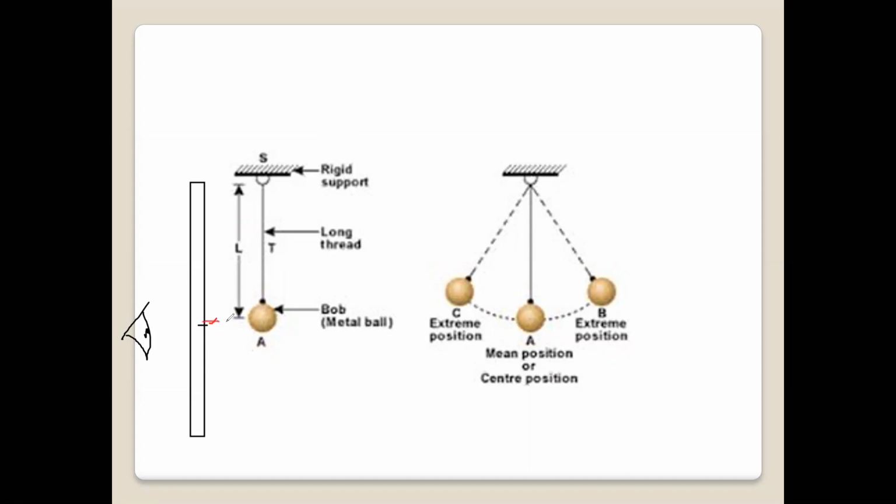To locate where the actual center of the bob is. By this way you can identify the region where the center is, so you will have a more accurate reading. Without a set square you can also read the scale, but set squares are mainly used to avoid parallax error, so that you can clearly identify where the center is.